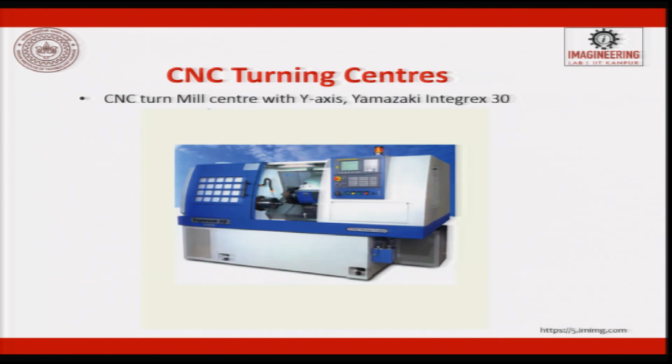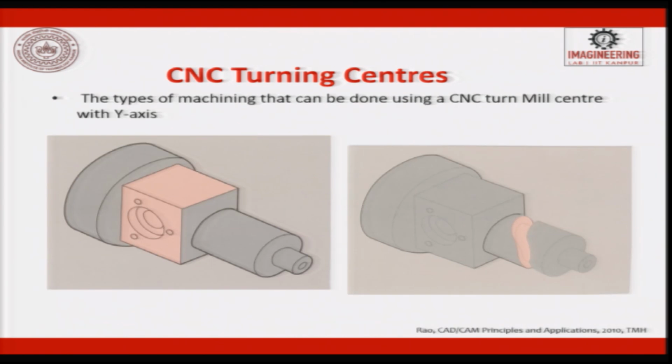So, you can have a CNC turning milling center with y axis. Why is the Y axis specified? Because in a lathe machine you will always have x and z axis only. So, if you want to do a typical job like this, a hole to be done and then you will have a cube to be machined, and then drill, and then inside you want to have a tab which can be done. All these things can be done in this turn mill center with y axis, and then if you want to make a groove, it can also be done. So, these are typical jobs which are done on a turning center.